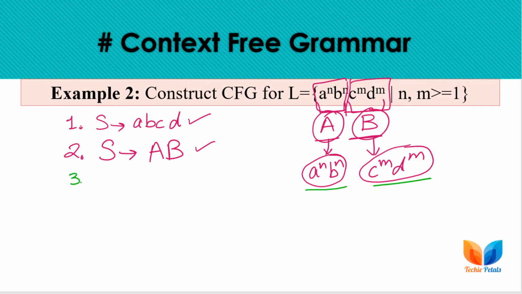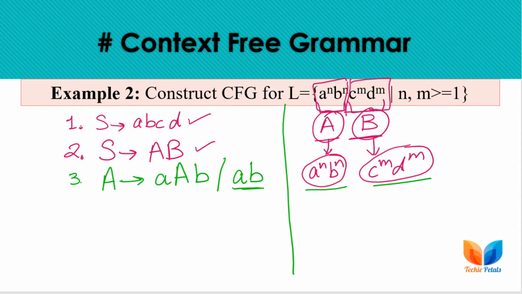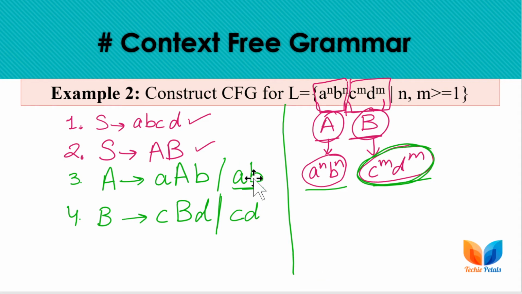So writing the production rule corresponding to the non-terminal A as A, B, right? So A and B, and the minimum occurrence of AB is 1, so we will have this as a minimum requirement for this particular grammar. Same way, from B we have to derive CD, so these are the corresponding production rules for this particular language. Okay, so minimum 1 occurrence of CD is required. As we are not having a null here, because we need at least 1 occurrence of AB and CD, and